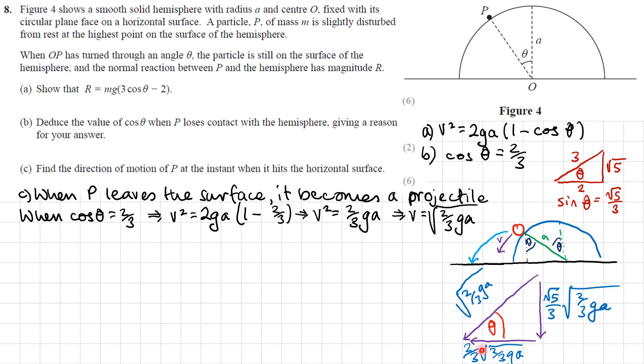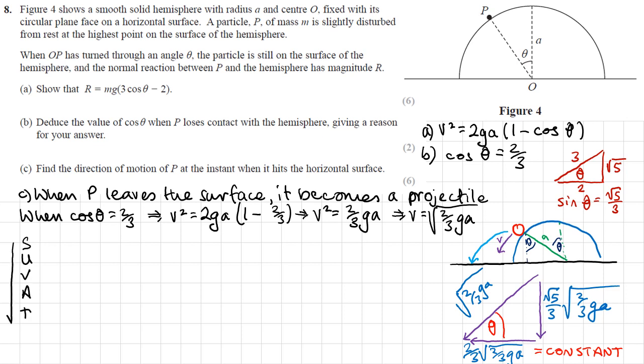Now this horizontal velocity here is constant. So when it hits the ground, it's going to be the same amount. And what I'm going to do is use suvat to work out the vertical velocity when it hits the ground. Now, this isn't the only way of doing this. I could also use kinetic energy to work out this velocity when it hits the ground. And actually, I might show both ways. So I'll start by doing the suvat way,